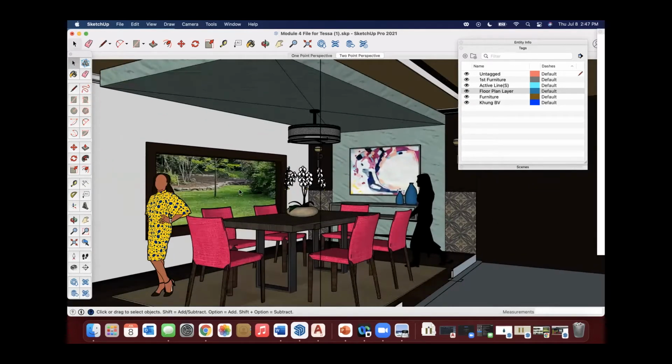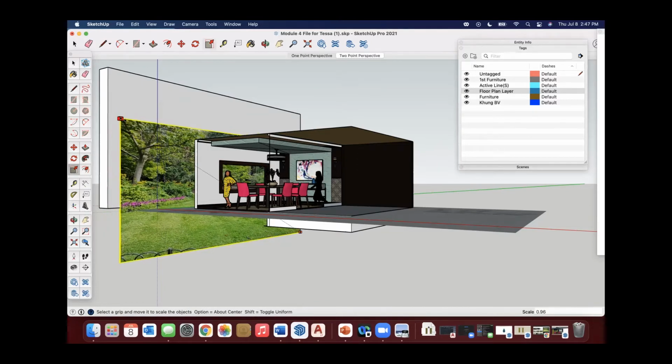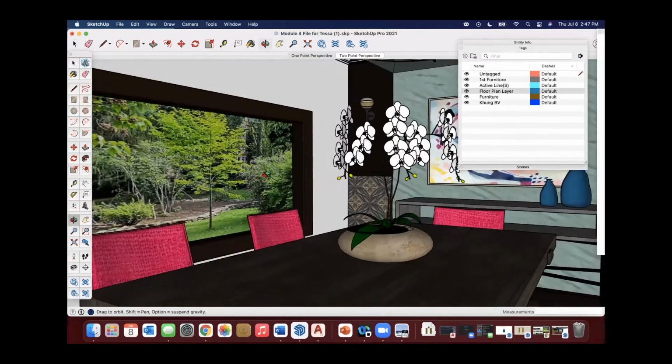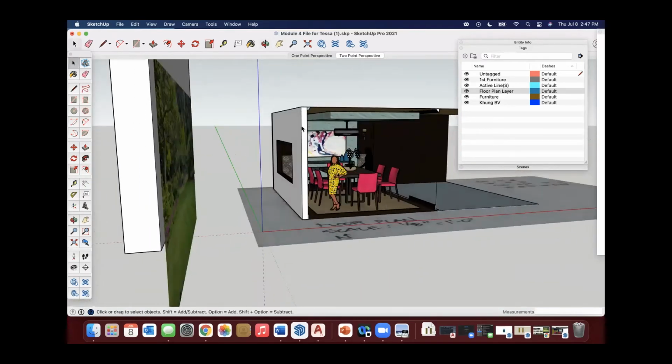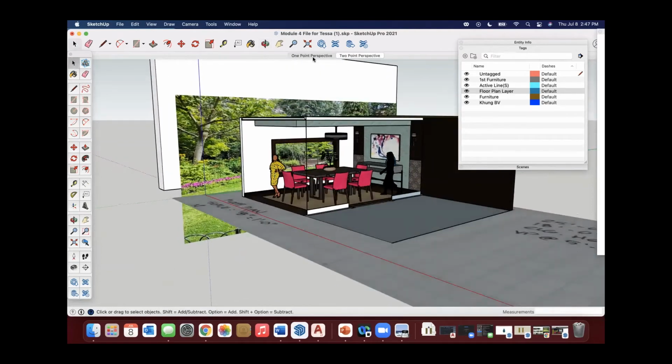Does this look balanced and appropriate? So this one might need to move a little bit more and might need to scale down a little bit so that it feels a little more balanced. That's getting close, but that's two options that you can do right there. You can put it on a faux wall out there that's not really meant to be seen from inside the view, or you can put it actually on your model and play with the scale that way. So either or is going to work.